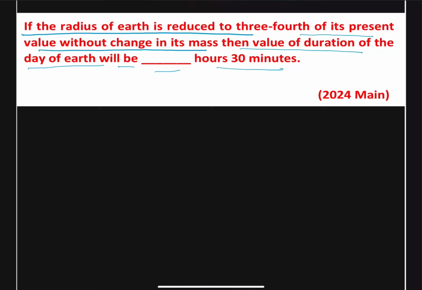Okay, and we can just write that I omega is our constant, and which basically means that I1 omega 1 is equal to I2 omega 2,